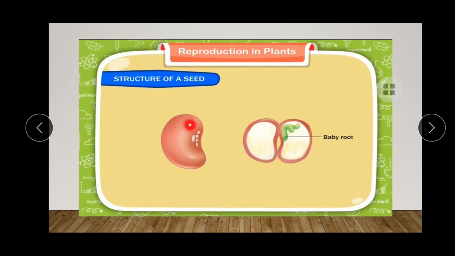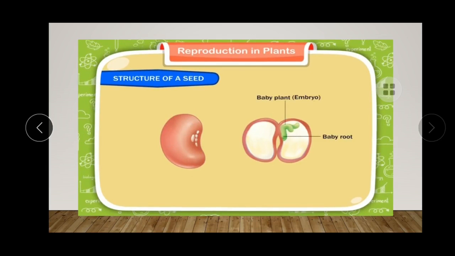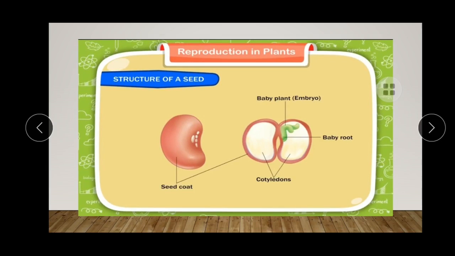This outer part is called the seed coat. It protects the seed from any damage. The brown section that you're seeing is the seed coat, and it protects the seed from any damage and also from drying out. It can be thin and soft or thick and hard also. The hole in it allows water to enter the seed. The hole is also called the seed hole. It allows air and water to enter the seed.